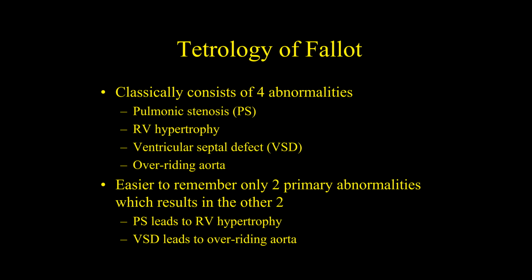So in reality, you get a pulmonic stenosis, which we'll talk about. And the pulmonic stenosis actually is the thing that causes the right ventricular hypertrophy. Then you also have a VSD, but the VSD is the thing that actually causes the overriding aorta. So the bottom line with the tetralogy of Fallot, classically, people will consider it as four problems. In reality, it's only two problems, and the other two of the four are sequelae to those first two. So it's a little